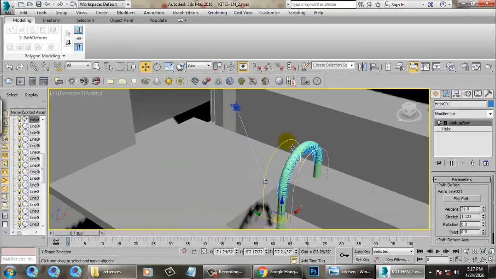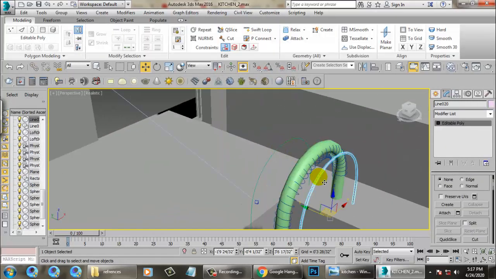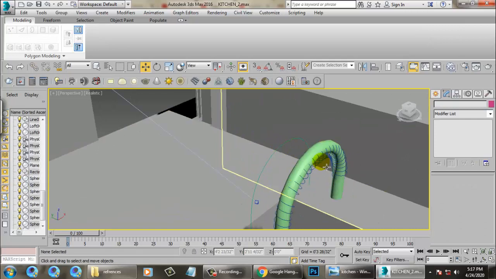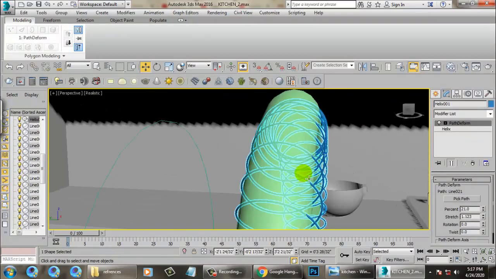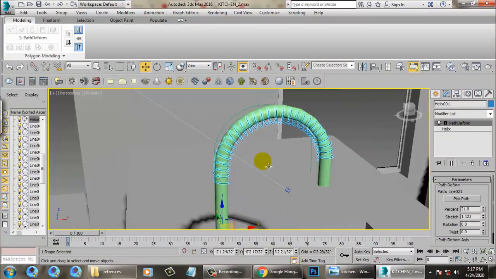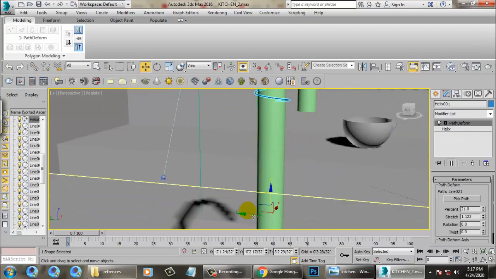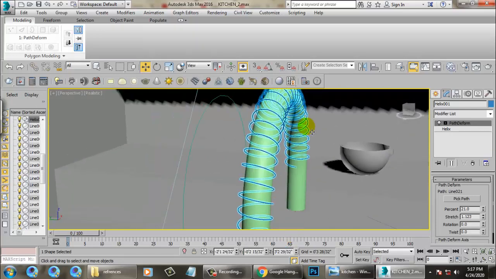Once you're done with this, I'll delete this and I can scale it and place it at the right position.